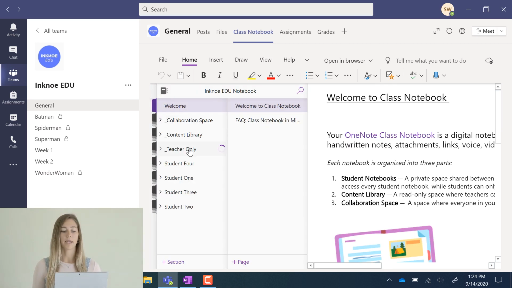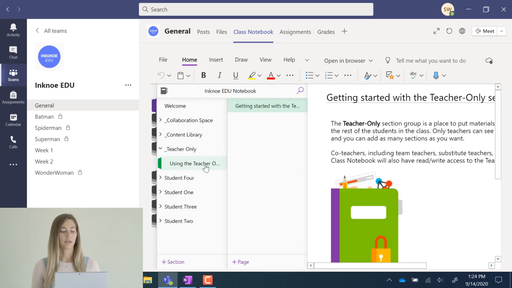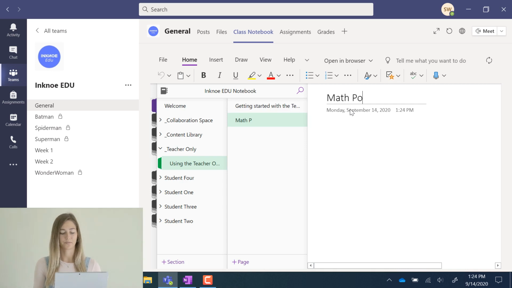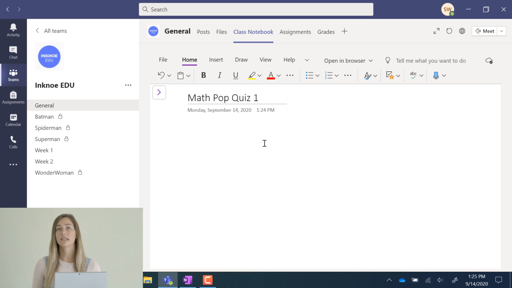So I'm going to add my page in the Teacher Only section. This way my students don't have access to it until I assign the page. So let's add a page called Math Pop Quiz 1. Okay, perfect. And in this page, I'm going to insert a PDF so that students can write right on top